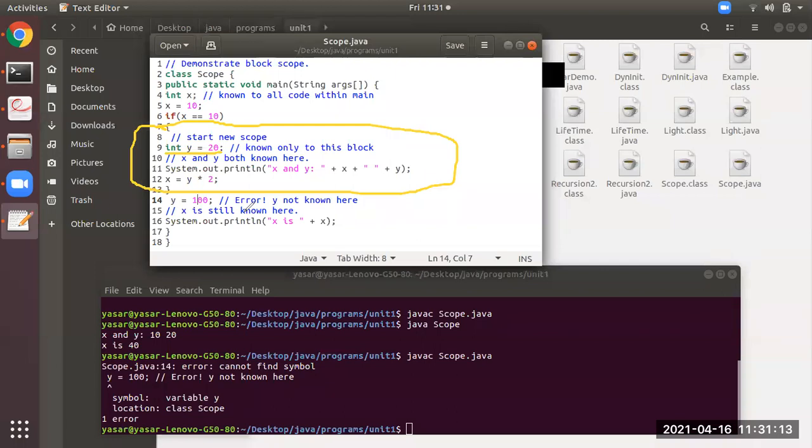I hope you all have understood. So this is the concept of scope of the variable. The variable which is declared and initialized in a scope will be available to that scope only. It will not be available outside the scope. That is the point to remember. I hope you all have understood. Anyone having doubt in this can ask me.